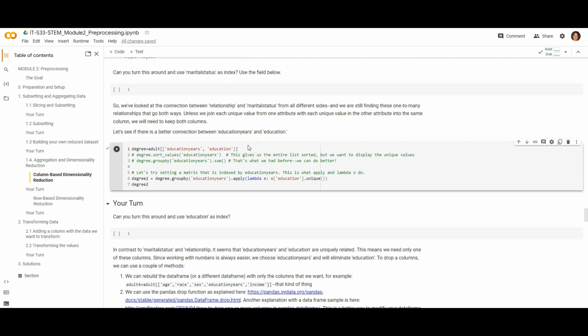So we've looked at the connection between relationship and marital status from all different sides, and we're still finding these one-to-many relationships that go both ways. So let's see if there's a better connection between education years and education. Maybe we can eliminate one of those attributes, right? Same process here. We're going to build a smaller data frame. I'm going to call this degree, that contains just our education years and our education. And then I'm going to group by